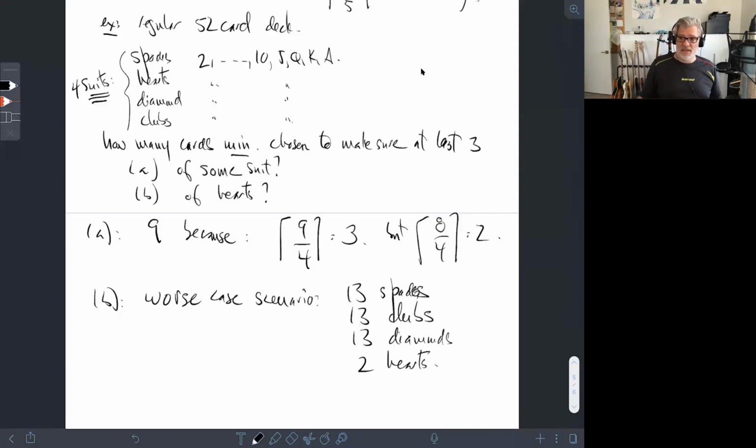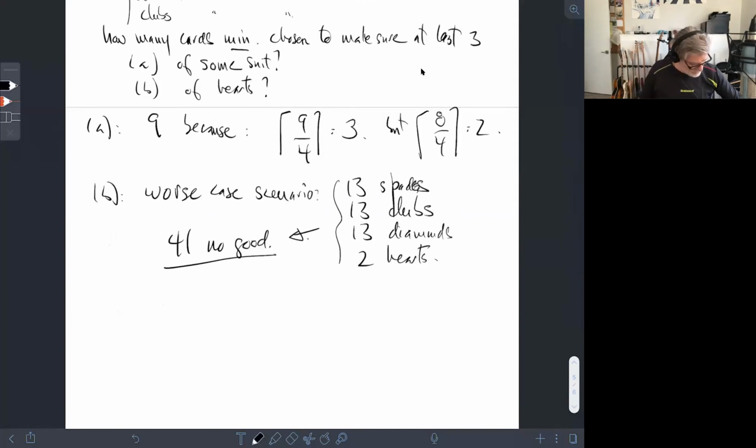Yeah, so in B, the worst case possibility, it's possible to have that many cards that you take without having 3 hearts. So how many are there? That's 41. So it is possible to pick 41 cards without having 3 hearts, right? But if you pick 42, then you know you're okay. So 42 must be good, but let's argue it, just to make sure. All I've said is 41 is no good, but maybe 42 is no good. I have to make sure it is. So 42 is good